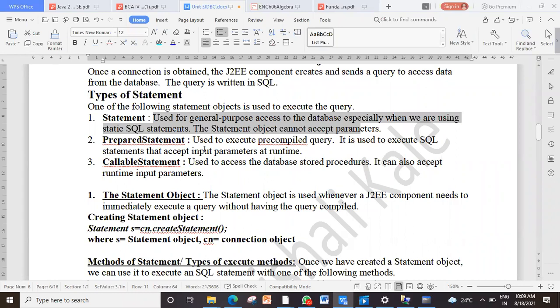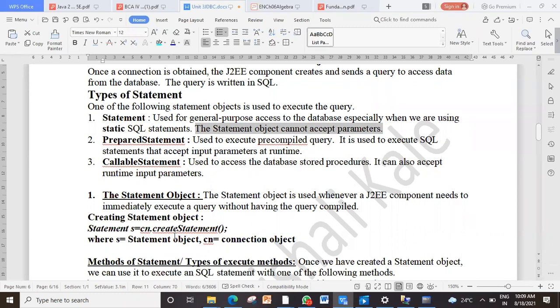So statement objects are used to execute static statements. This is an important word in case of the statement object. Always learn to highlight the words, especially in case of descriptive exams, and also remember such keywords. The statement object cannot accept parameters. Parameters means fill in the blanks.